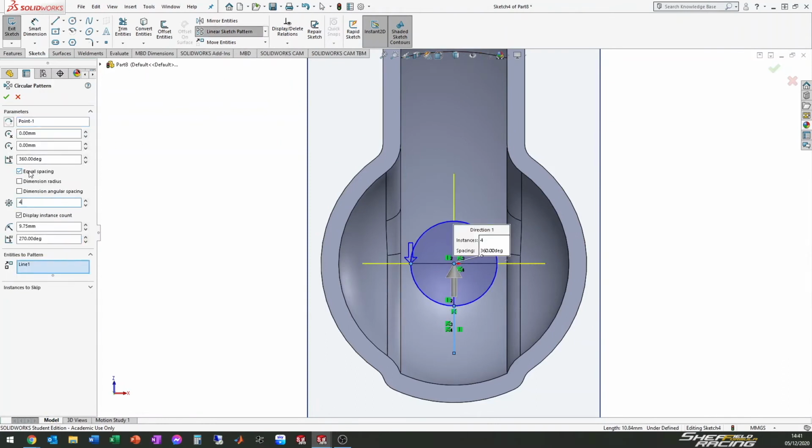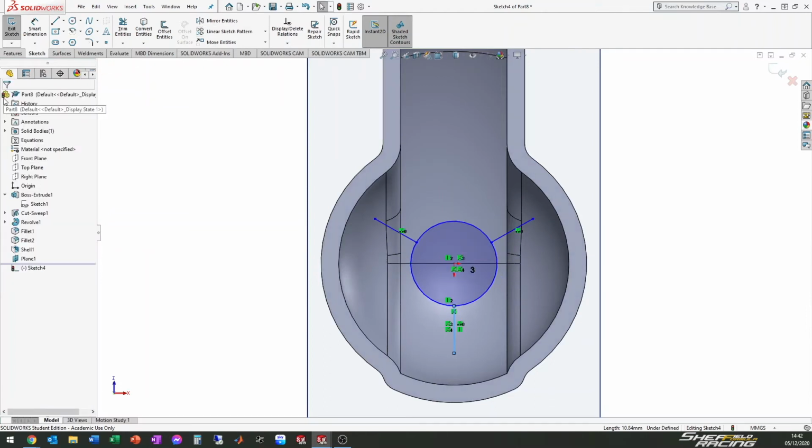If I select equal spacing of 360 degrees and I want 3, you can see there that it's automatically worked out that it's 120 degrees. If you've got a lot of instances, 360 divided by 3 is quite easy, but if you had 11 for example, it'll save you using a calculator. So if I put that back to 3, click OK,